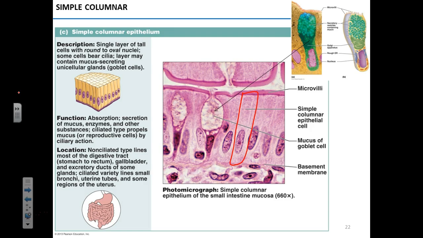Here's the thing, going back to your question. When we look at simple squamous, air gets into the lungs. Nothing happens to it. It just diffuses into the blood right away. Blood gets to the glomeruli, and water and ions just directly diffuse, filter through the simple squamous epithelium of glomeruli. However, if you think about your intestines,